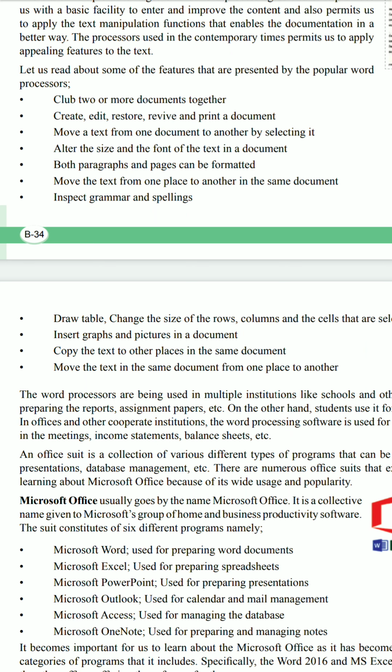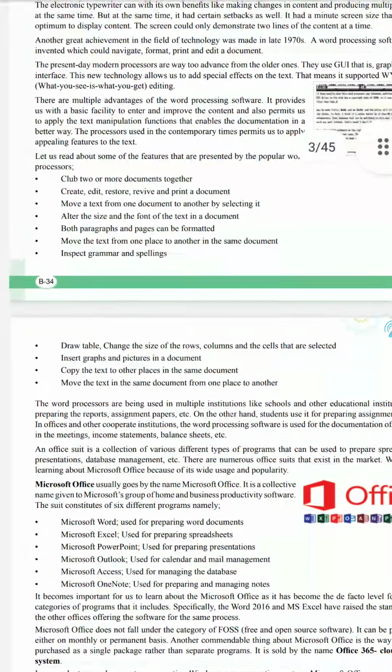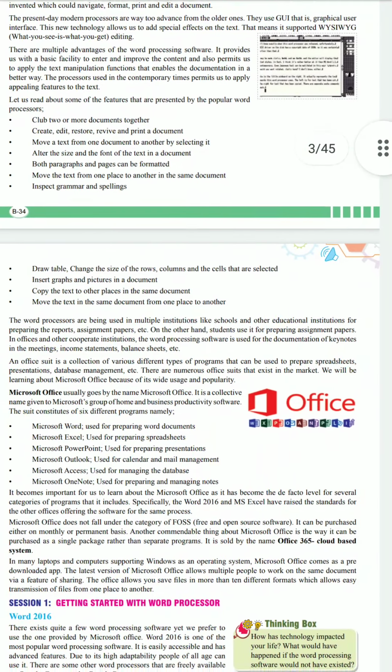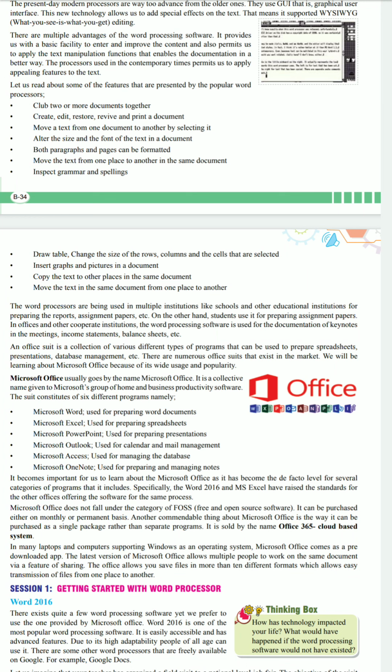An office suite is a collection of various different types of programs that can be used to prepare spreadsheets, presentations, database management, and many more. MS Office means Microsoft Office, usually goes by the name Microsoft Office. It is the collective name given to Microsoft's group of home and business productivity software. The MS Office suite constitutes six different programs, namely MS Word, which is used